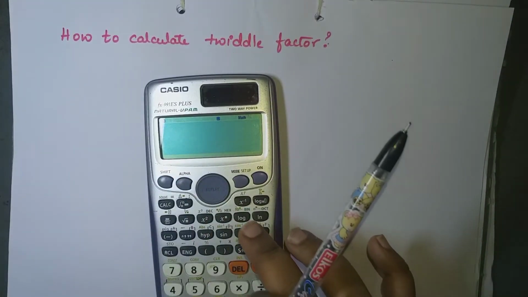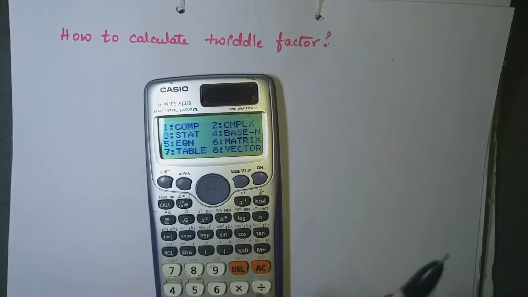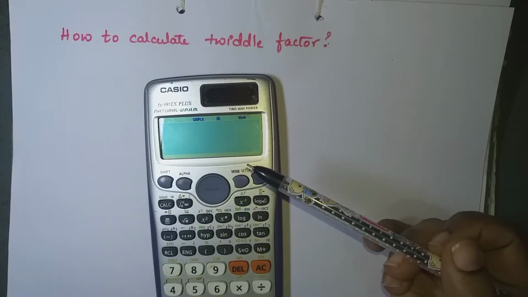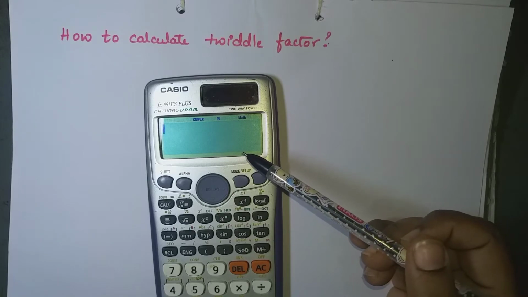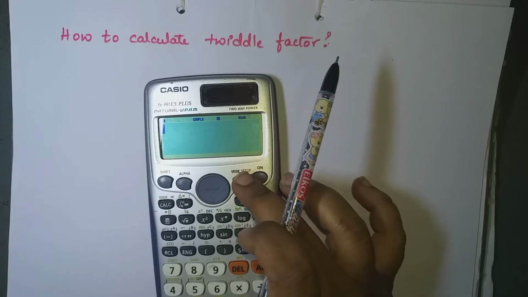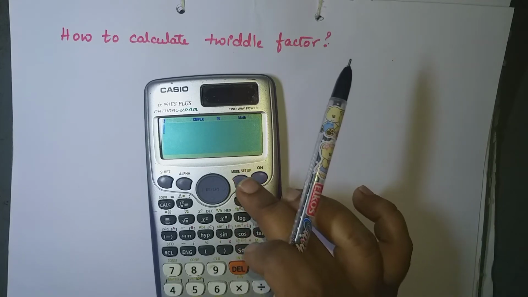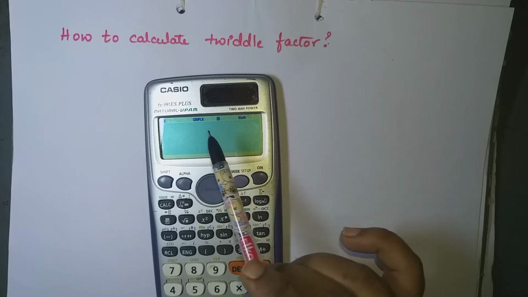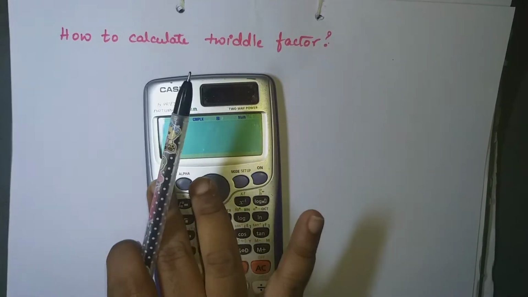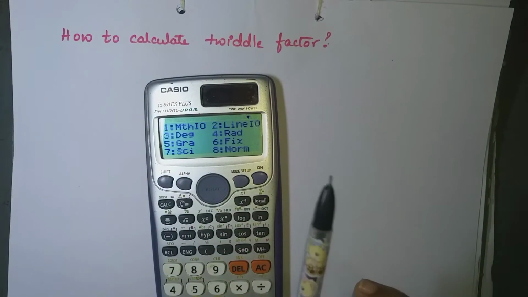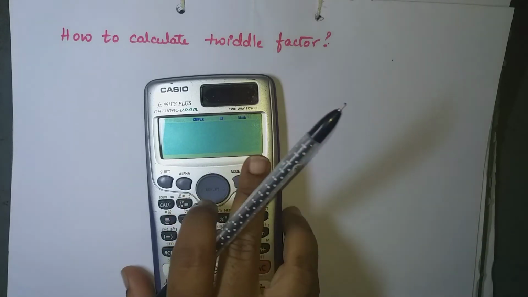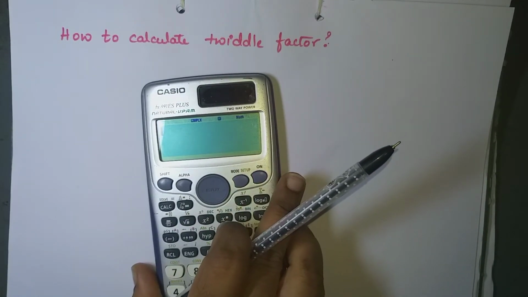The first one is go to the mode, that is mode, select complex, because whatever the answers or whatever the data we are getting, that will be in complex form, so take complex. And what about the input? For the input we are taking radians, like I'll be giving the data in the form of radians, that is angle. Therefore I'll set up into radians mode. For that, go to shift and press setup. There you will get a degree and radian. I want radian, select radian. Okay, so this is the initial setting what you have to make with your calculator.